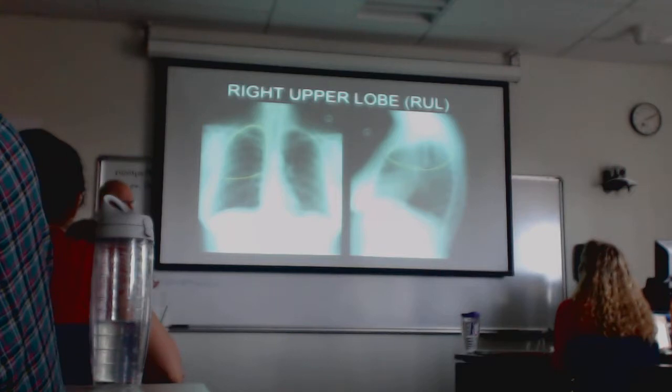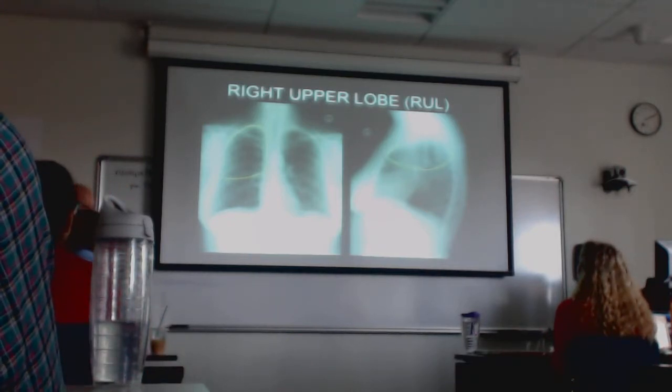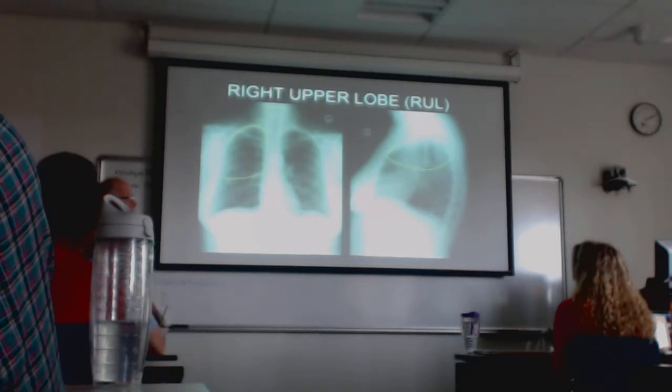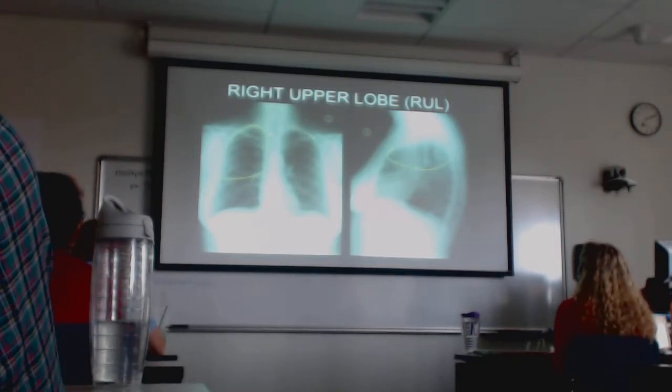Okay, in the right lung, there are 3 lobes. It's very common for someone to look at a chest x-ray and say, okay, I'm pointing to a lesion that is, say, here. Where is that? Well, that's got to be in the right upper lobe. Well, that's often correct, but not always correct, because you need to understand the way these lobes are situated in space. So the right upper lobe occupies the upper half of the right lung on